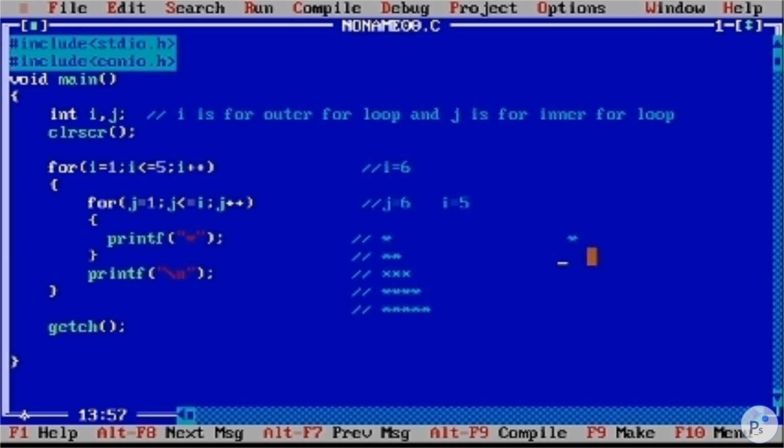And I request you to watch this video again and again to understand the main concept of the for loop. I highly recommend you understand the for loop correctly, because after you graduate and go for any coding interview, they will definitely ask you the logic of printing this kind of pattern or that kind of pattern. Then you should know that. This is the importance of the nested for loop, because it will develop your logical skills also.